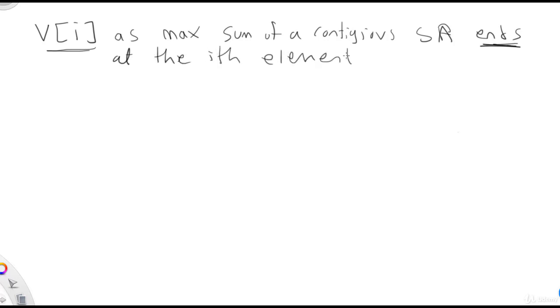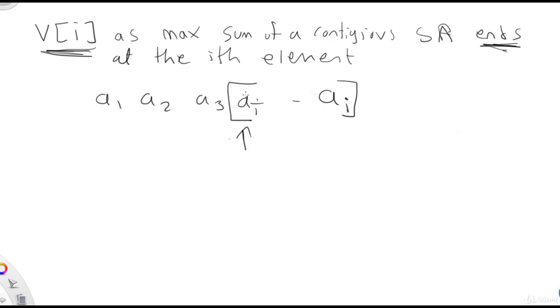So what does that really mean? I have my elements here, A1, A2, A3, all the way to Ai. So I'm saying that my Vi should represent the maximum sum of a contiguous subarray that ends at the ith element. So this is included here. And then there's some j in the middle here, where this contiguous sum is the maximum contiguous sum for any